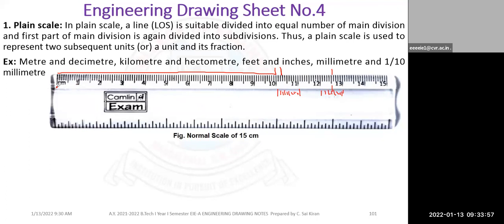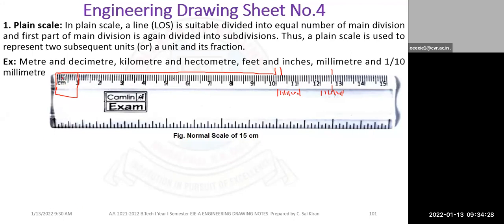We make the division of the main division only at the first. Between 0 to 1 only we make the division, and here we take only the main divisions. We only divide 1, 2, 3, 4, 5, 6 only. We don't divide between 4 to 5, because if I want to divide 4 to 5, I have to divide into 10 equal parts. Then here also I have to divide 10 equal parts. It is a repeating process, and engineers don't do repeating work. He will do the smart work, he doesn't do the hard work.